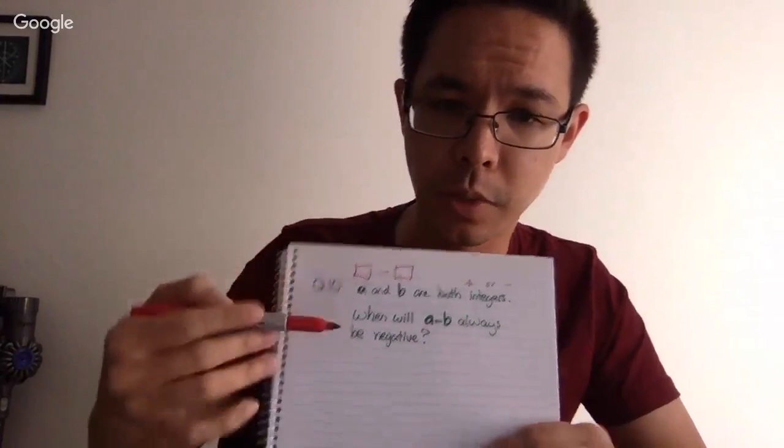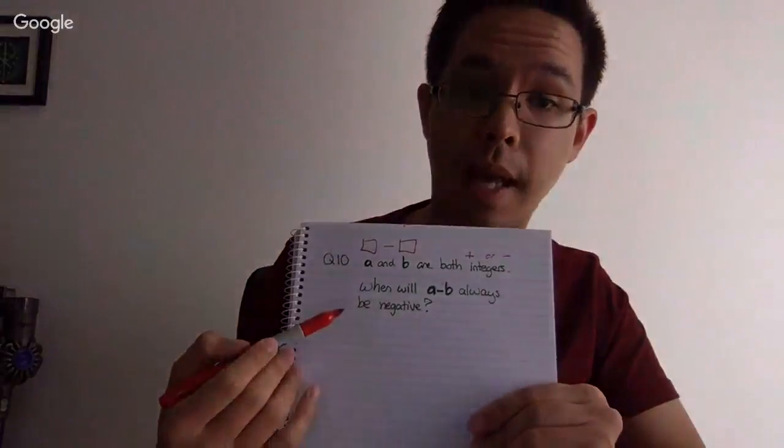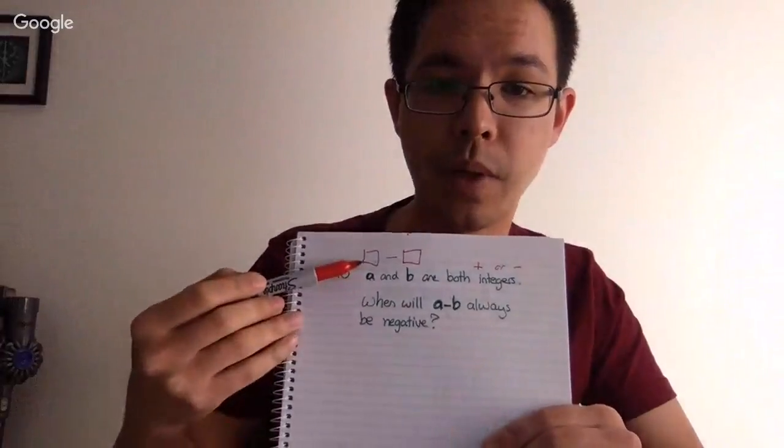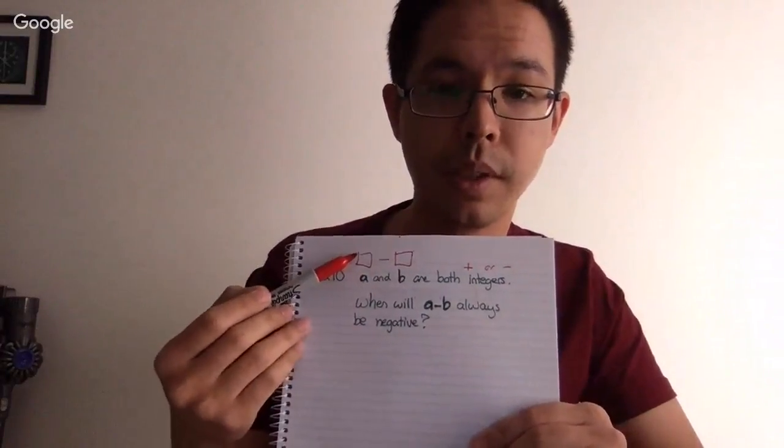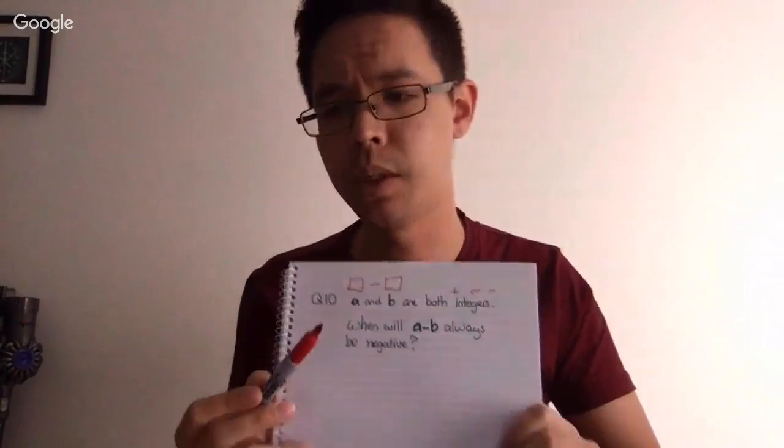Okay, so I get two scenarios. So for example, if A is positive and B is positive, does that give me a negative number? Well,